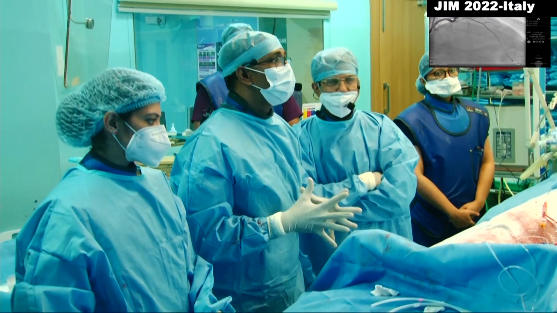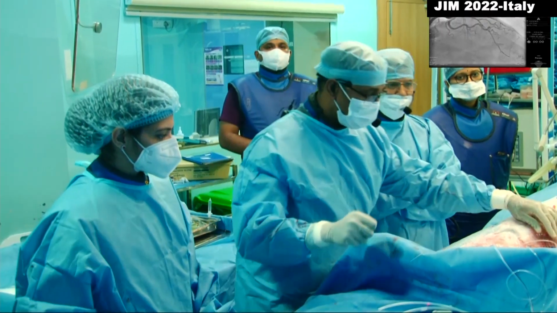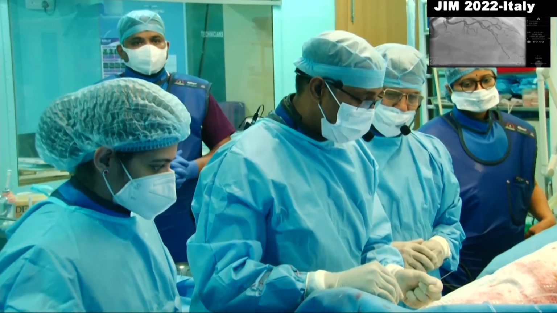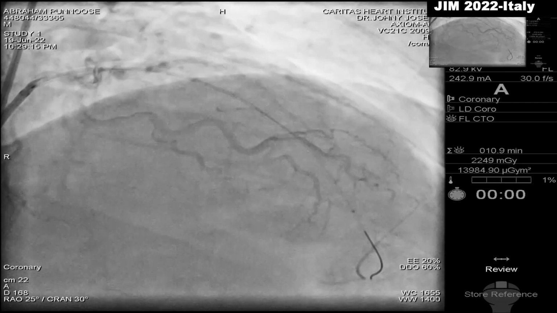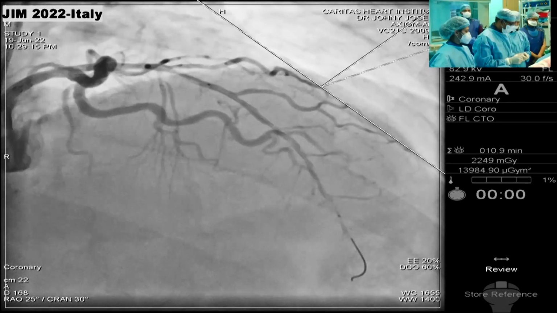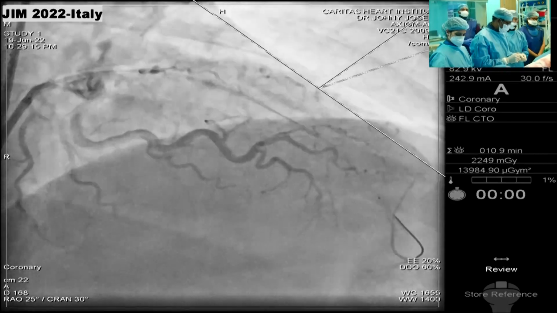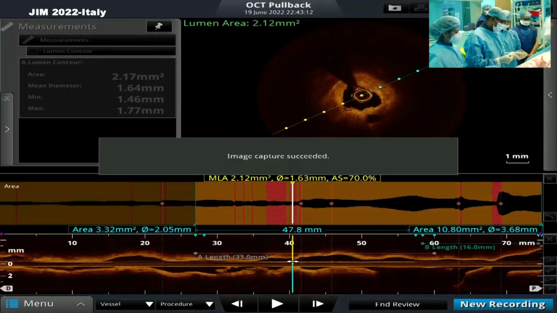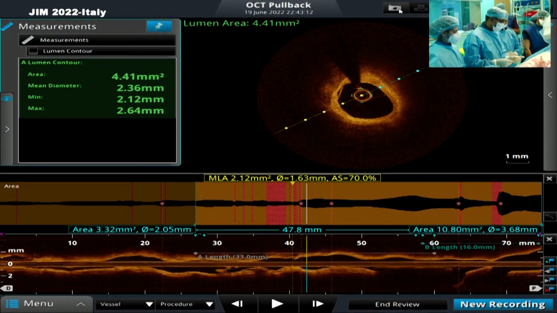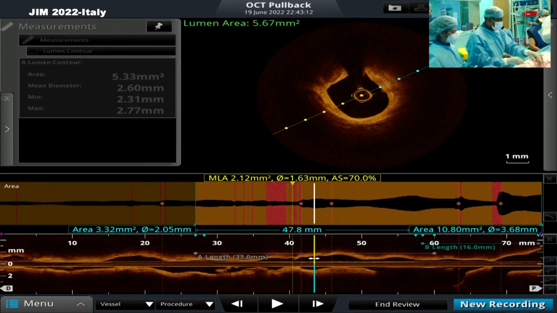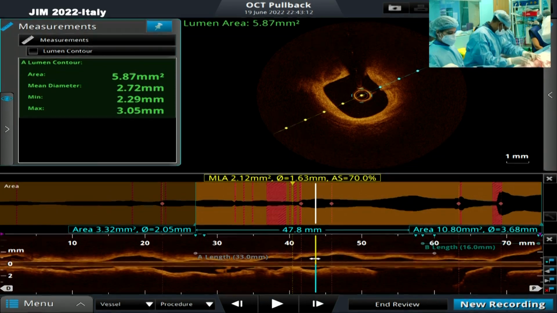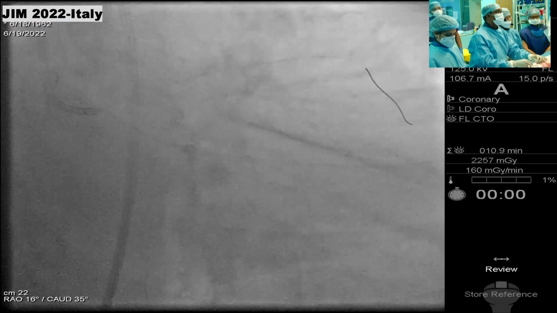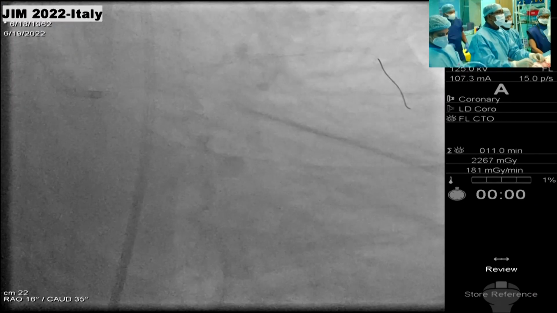It is predominantly a mixture of superficial and deep calcium, and there are few areas of lipids also seen there. There is no concentric calcium. So the main implication is you may not require a special device like IVL or rota for this. You can crack it with an NC balloon. Maximum, probably you can go for a scoring or a cutting balloon, if there is no lumen gain. But most of the time, such calciums can be treated with NC balloon dilatation,